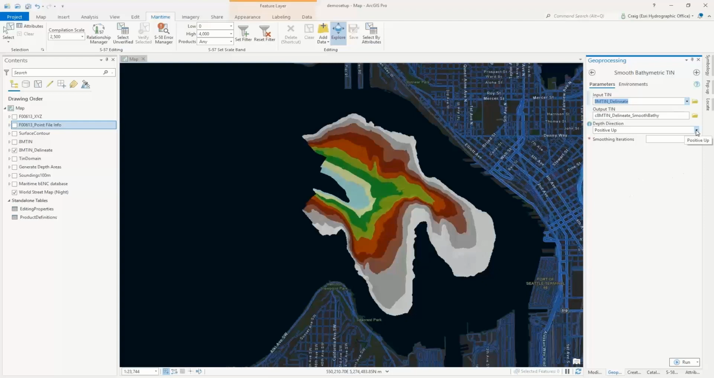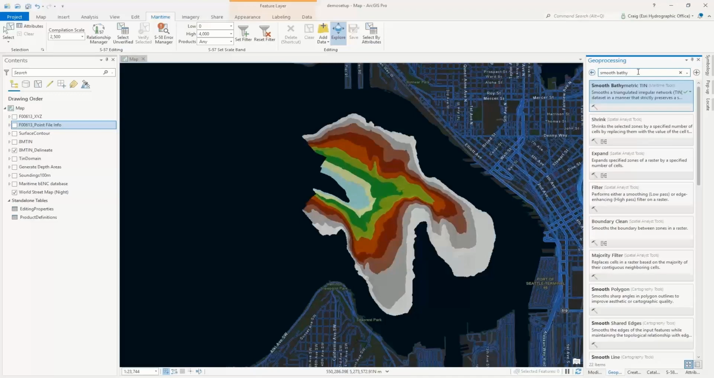You need to tell it the depth direction. In our case, our data was positive up and negative down, so the default is fine. And then the number of times you want to run the smoothing algorithm on the surface. And that will smooth it for you, and then you would go to the contours step. So if you don't want to smooth it, you can skip this. If you want to smooth it, you do this, and then we go to the next step in the workflow,